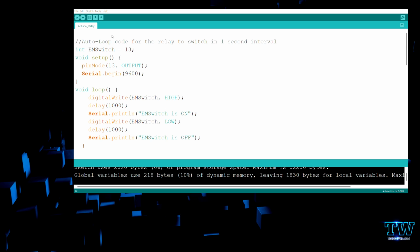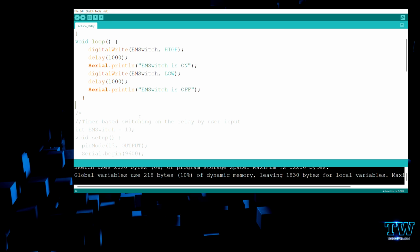Okay, so I am actually initiating if my loop runs. So in the first loop it is an auto loop code. It will switch on for 1 second, switch off for 1 second. Before it switches on, digitalWrite EM switch makes my EM switch HIGH, and there's a delay of 1 second, which is 1000 milliseconds. And the next line is Serial.println, which prints